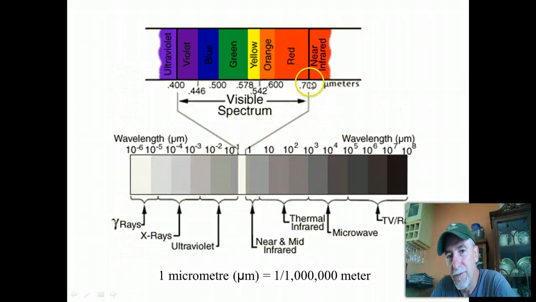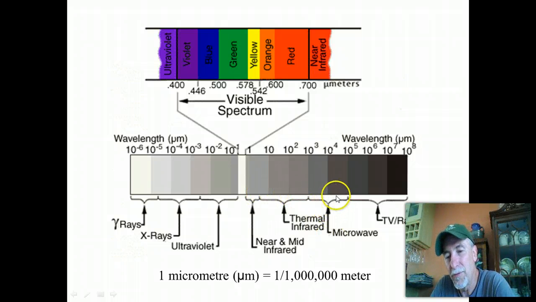Longer wavelengths outside of the visible, the first ones that we encounter are referred to as infrared, or outside of the red, and these we divide in remote sensing between the near and mid infrared, which is reflected infrared, not thermal, and then the thermal infrared, which starts out around 8 micrometers in the electromagnetic